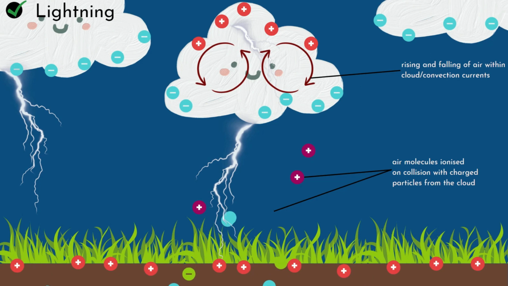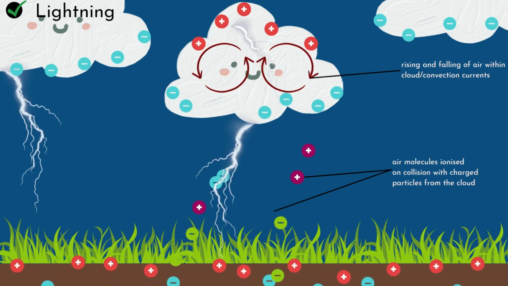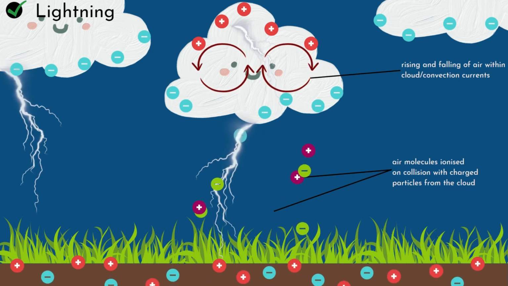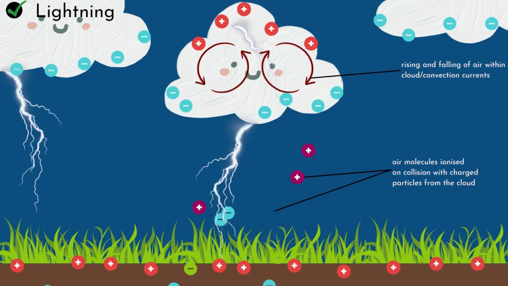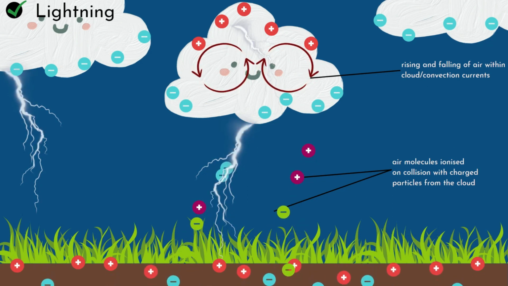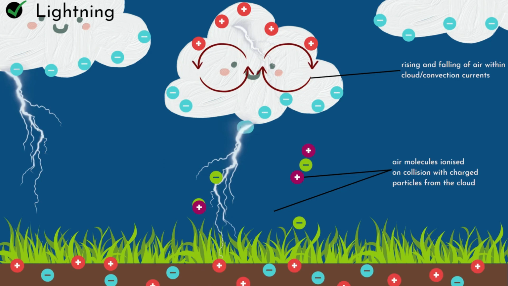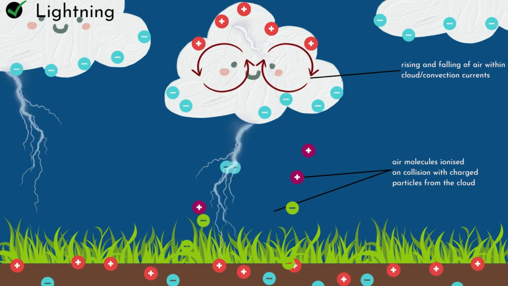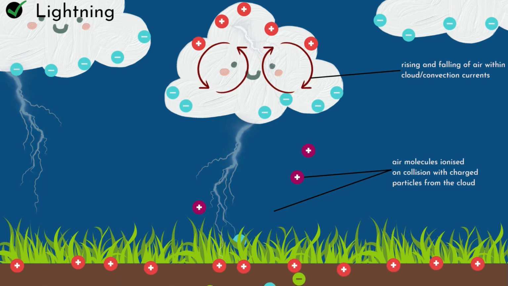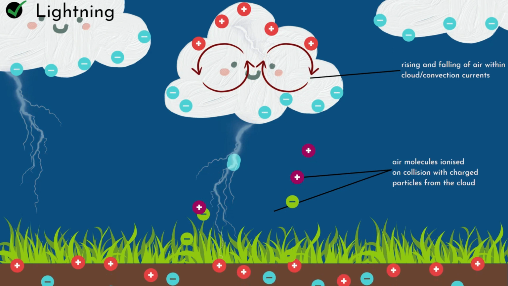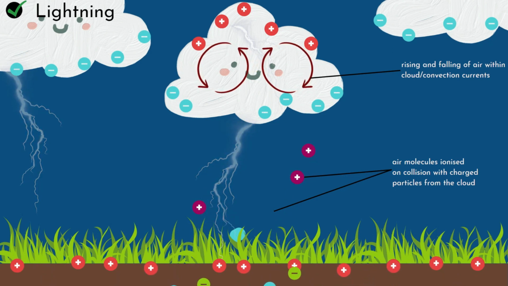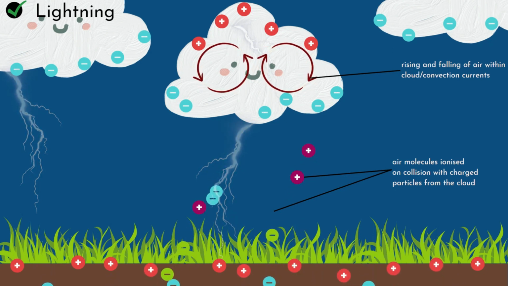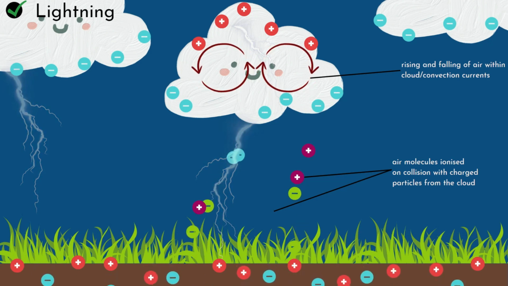Lightning. A cloud becomes charged due to friction between the air, water droplets, ice crystals, and hail, rising and falling in convection currents within it. The base of the cloud generally becomes negatively charged and the top positively charged. Sparks can occur between opposite charges within the cloud. Negative charge at the base of the cloud repels electrons from the Earth's surface, resulting in a net positive charge